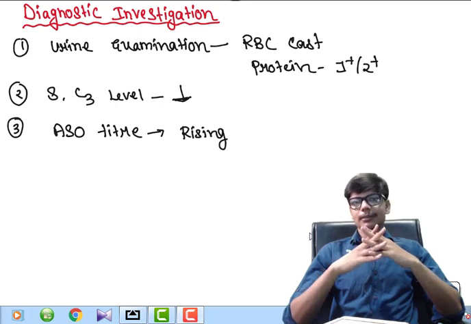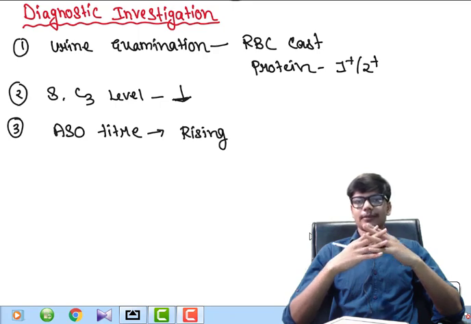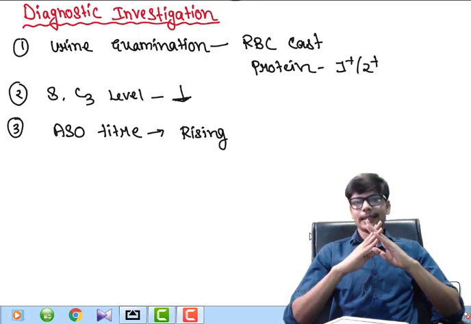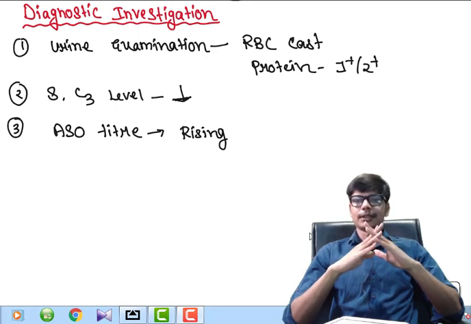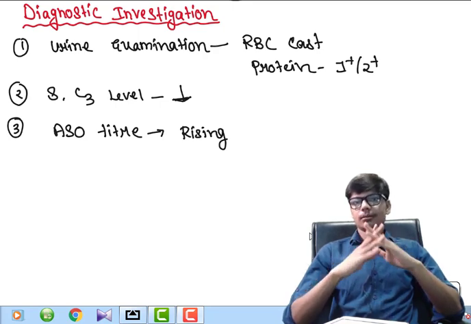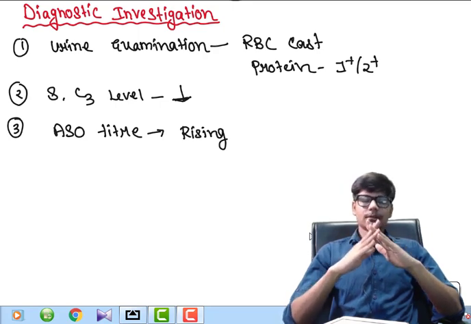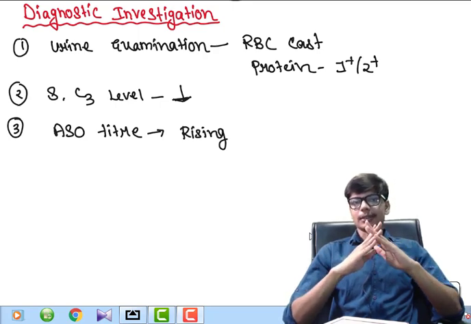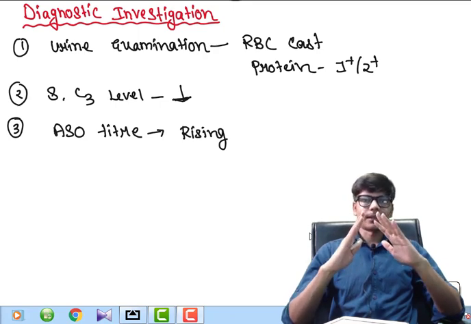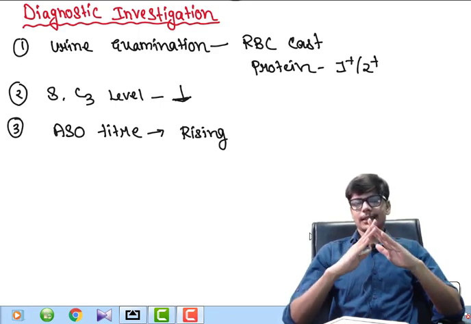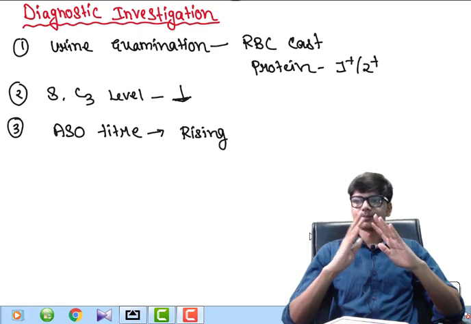Suppose it comes positive, the child may be in a carrier state, or he or she may have suffered the disease long ago and resulted in a carrier state, or he or she may have actually suffered the disease. So doing a throat swab or throat culture cannot help us differentiate the previous history of streptococcal infection, the carrier state, or the actual infection. So it is better to do an ASO titer, and if we find a rising ASO titer, then we can be very sure that this child has suffered from streptococcal infection a few weeks back.